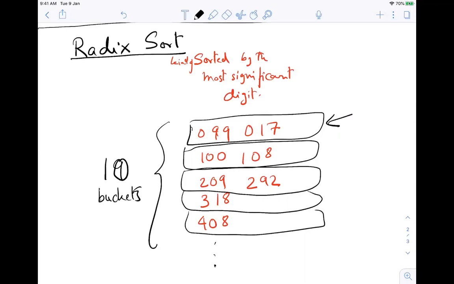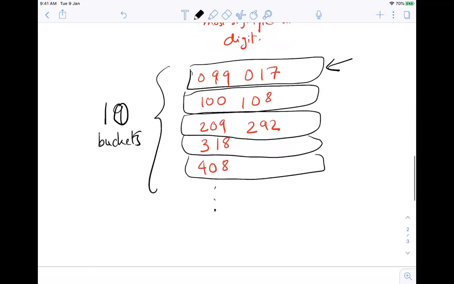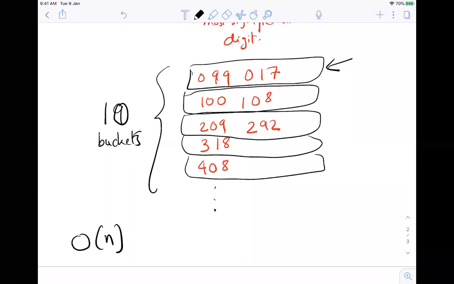Now sorting out each of the buckets, how much time will I take? Once again, I have to go over the list. How much time have I spent so far? The total amount of time so far is just order n. I have just gone over the list and split it up into 10 buckets. Say I have n1 elements here, n2 elements here, n3, n4, n5 elements here, and so on. In the next round, I need to sort each individual bucket.